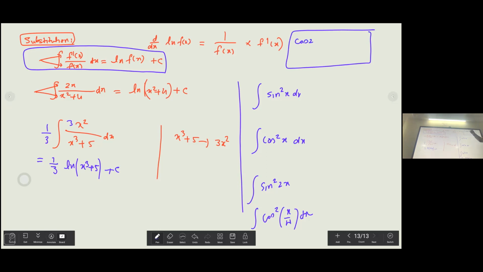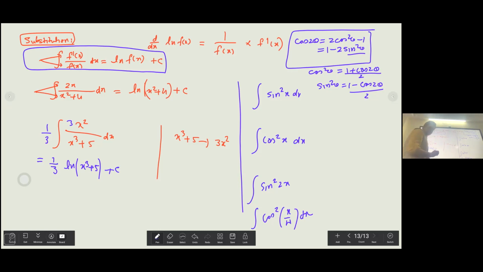Cos 2 theta is 2 cos square theta minus 1, or it is 1 minus 2 sine square theta. So if you make cos square theta the subject, I get (1 plus cos 2 theta) divided by 2. And if you make sine square theta the subject, I get (1 minus cos 2 theta) divided by 2. If you don't know this, you will straight away lose at least 8 to 10 marks in your exam, for 100%.